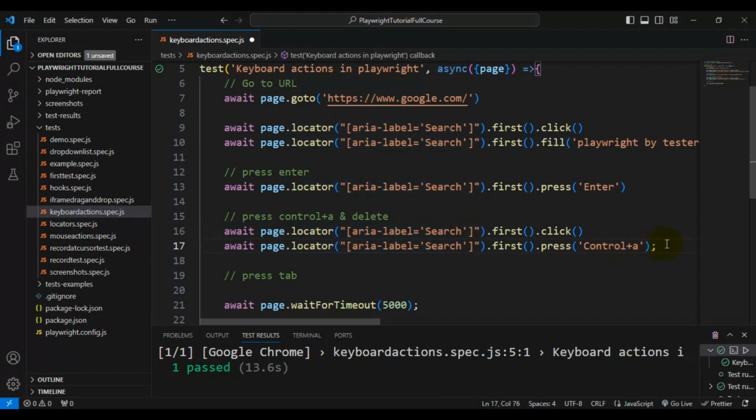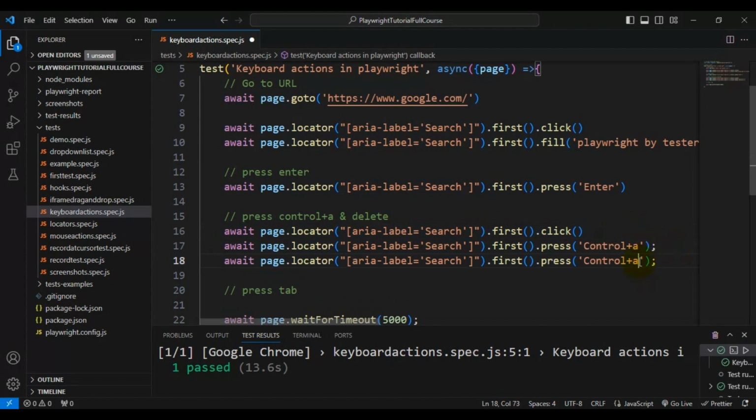That's it, guys. Once we are able to select the text inside the text box, we can simply delete it by using delete. So right now I'm passing delete as the value for the press. This will delete whatever we selected by using Control+A. Our scenario is very simple. Firstly we have entered the search text box, and after that we are pressing enter from the keyboard, and